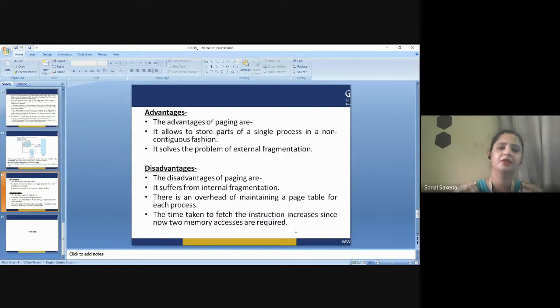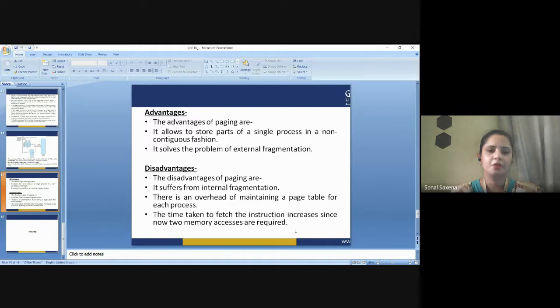Now, lastly, we are coming to the advantages and disadvantages of the paging scheme. So the advantages of paging are that it allows storing parts of a single process in a non-contiguous fashion, which omits the problem of external fragmentation. This is the major advantage of paging. This is actually the reason why we have come up with such a solution, which is called paging. The paging concept evolved just because of this drawback, that external fragmentation is very high using contiguous memory. Now, when we talk about the disadvantages,